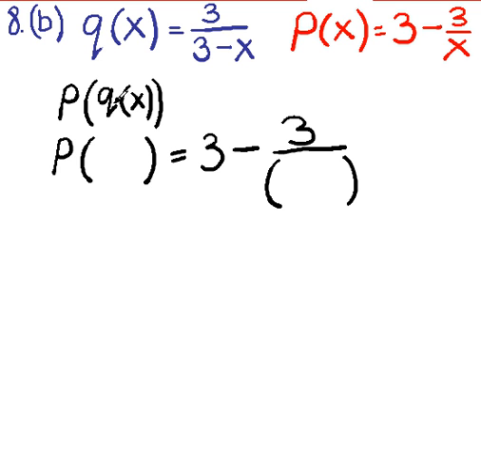We're going to put q of x in here, and q of x is 3 over 3 minus x. That means we substitute that into our empty bracket. So now we have something which looks quite complicated. We have 3 take away, and we're subtracting all of this. So that's 3 over